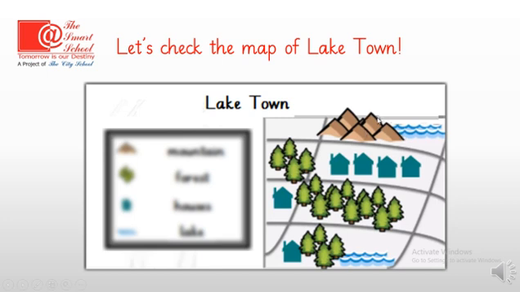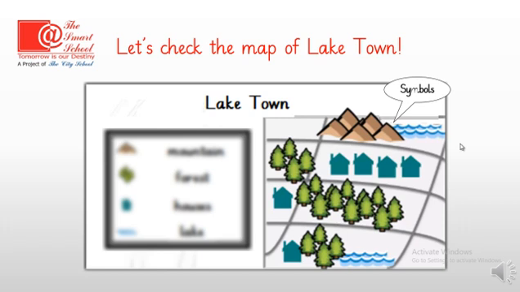Yes, these could be mountains. What about this blue area? Yes, this shows us some maybe like body of water. What about these? Outline of houses. These outlines tell us that here might be some houses. And what about these trees? Yes, they might tell us about the jungle, or you can say a forest, or you can say woods. So these all are